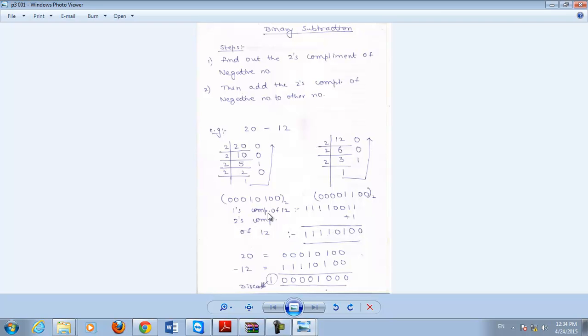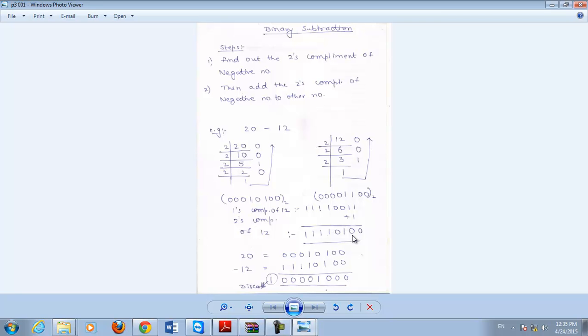आपको मैंने पहले ही बताया, you have to find out the 1's complement of this number. Then you add 1 to it, and this will be equal to the 2's complement of this number. Now 12's binary number is this, and the 1's complement of this number is four 1s, then 0, 0, 1, 1. We add 1 to this number, which will be equal to four 1s, then 0, 1, 0, 0. This is the 2's complement of 12.